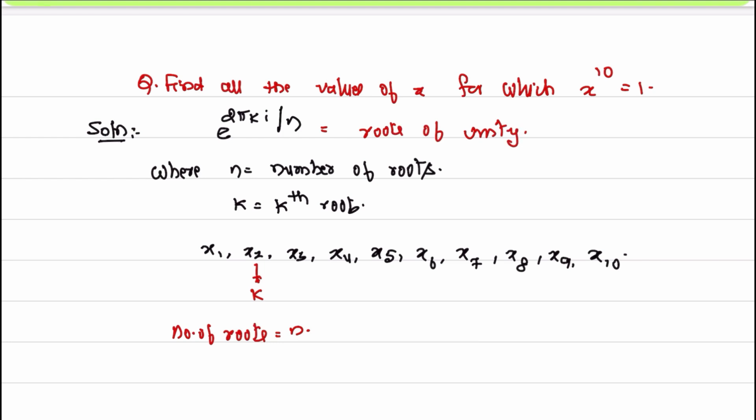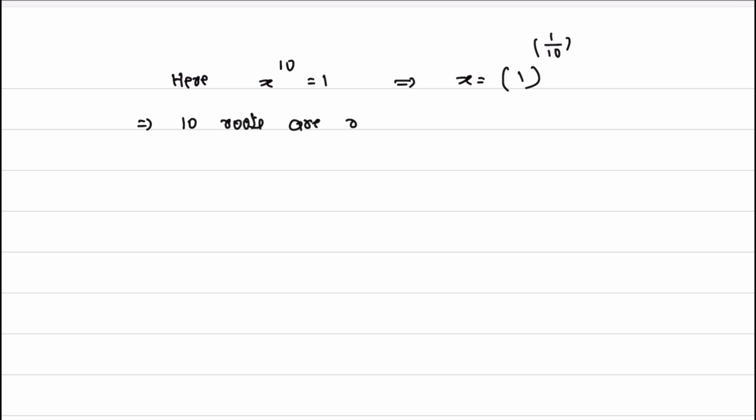Now, we will apply this. Here, x to the power of 10 is equal to 1 implies x is equal to 1 to the power of 1 by 10. That means 10 roots are required for unity. That means the 10 roots are represented by